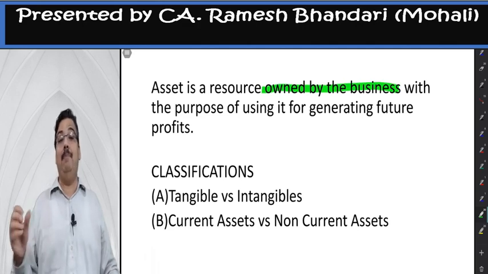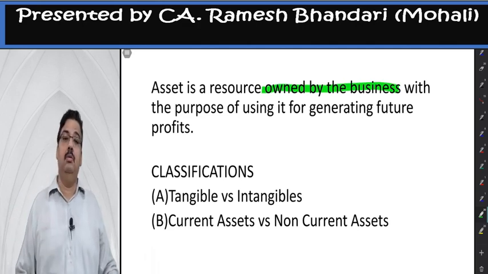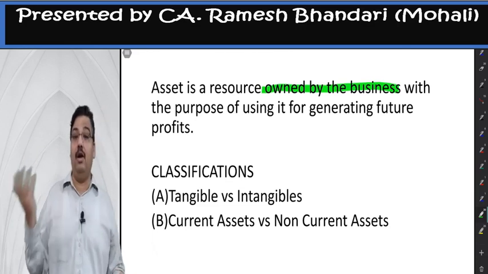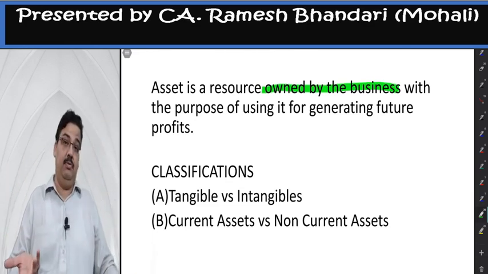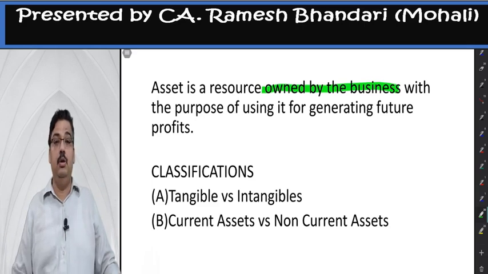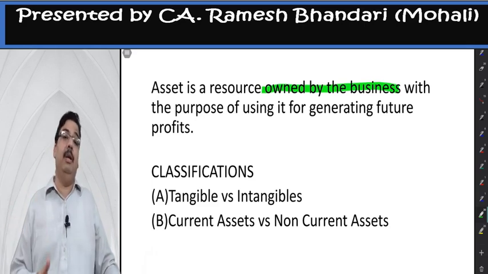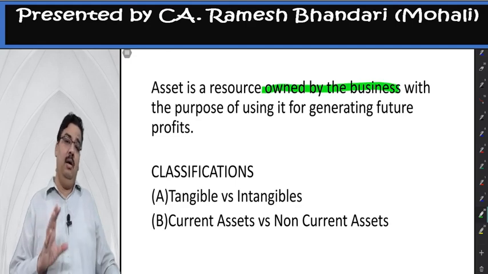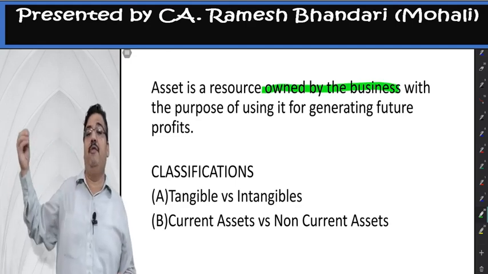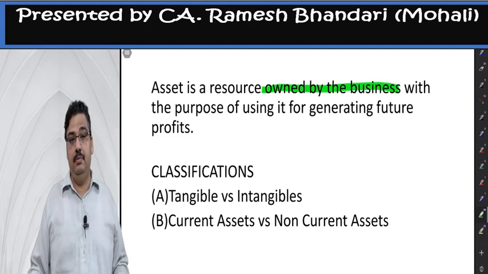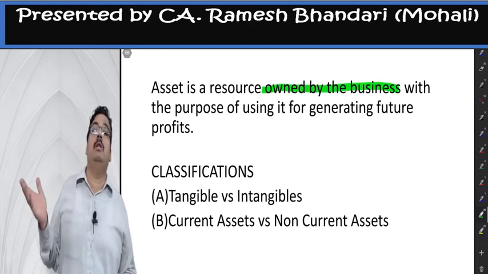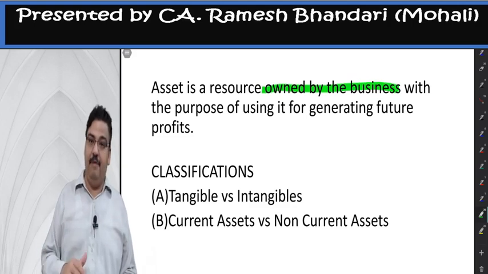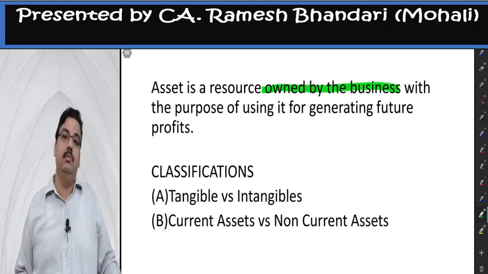P&L debit is technically a loss. Miscellaneous expenditure was technically a loss. Not written off in the P&L in the earlier years, it will be written off in the future years. But now in the new Companies Act, Schedule 3, they are all omitted. They are deducted from P&L credit balances and taken to reserves and surplus. They are no more assets. Rightly so. As per definition, they were not an asset at all.